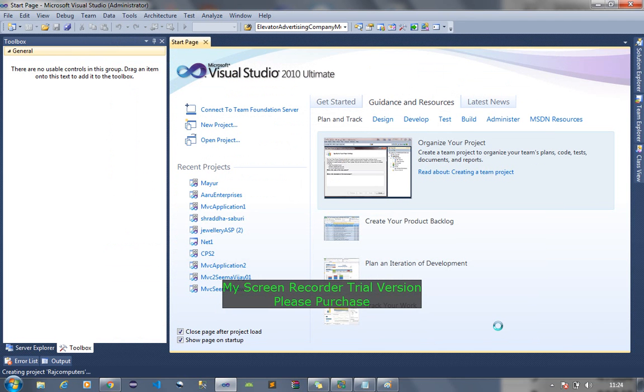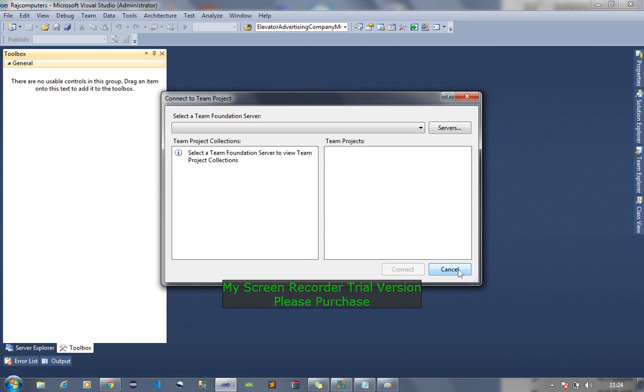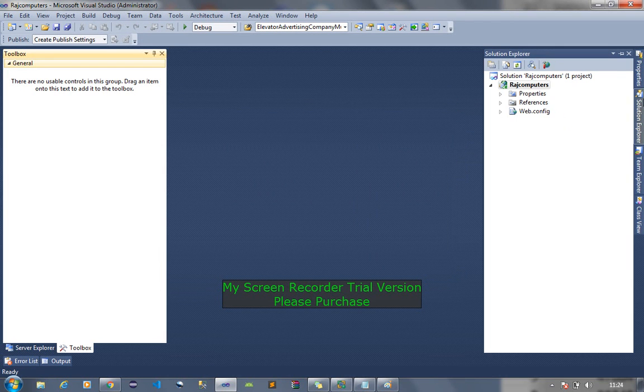Now when we have an empty project and we open the solution, we have only one default file, that is the Web.config file.